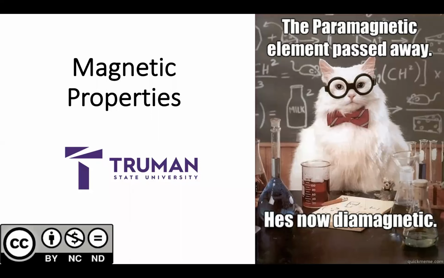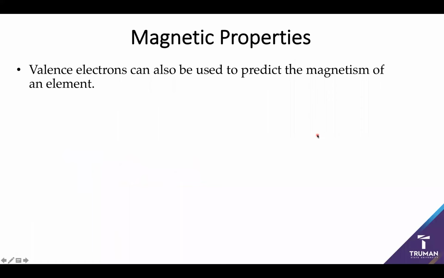So today we're going to be wrapping up our conversation on periodic trends by talking about a little bit of an odd topic, magnetic properties. Magnetic properties are one of those properties, kind of like electron affinity and ionization energy, that we really have to spend time looking at electronic configurations. So in order to figure out whether an element is magnetic or not, we actually really have to look at